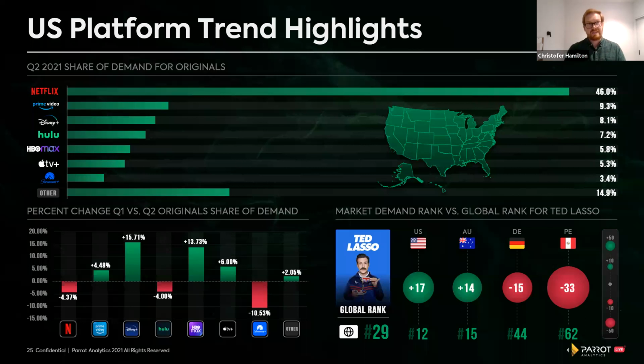Now, what surprised me in this was Hulu lost demand share this quarter. And I would not have expected that because, like I mentioned, we know that The Handmaid's Tale Season 4 premiered in Q2, released episodes weekly throughout the quarter. And that's really one of Hulu's flagship originals. So I think knowing that, you would expect it to give Hulu's demand share a boost. And we actually don't see that playing out. So I think this is an indicator that this show in particular doesn't have the same power to draw audiences that it once did.